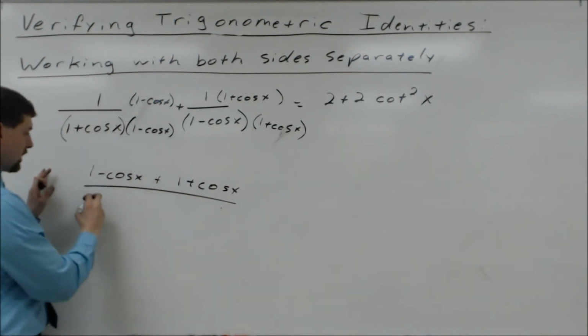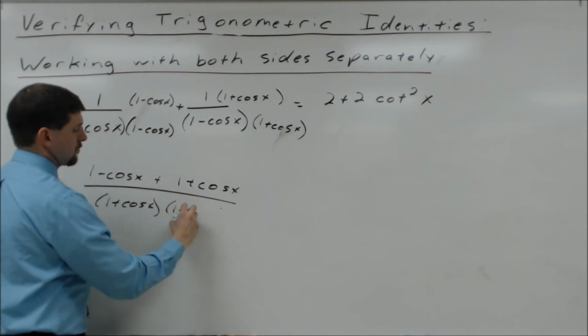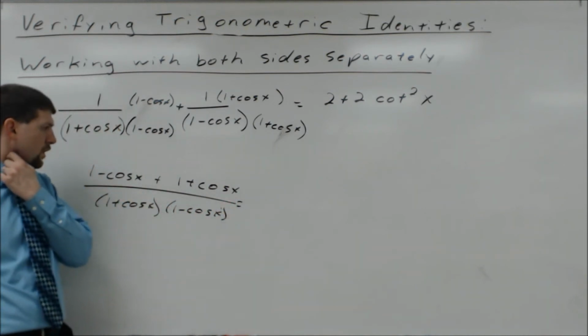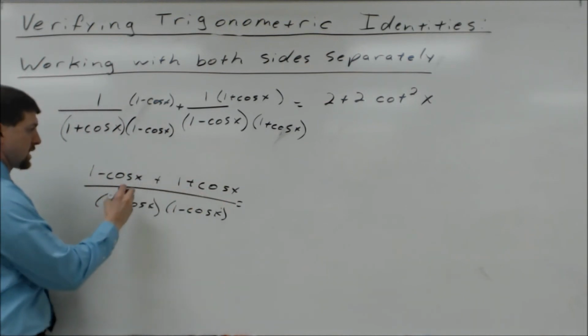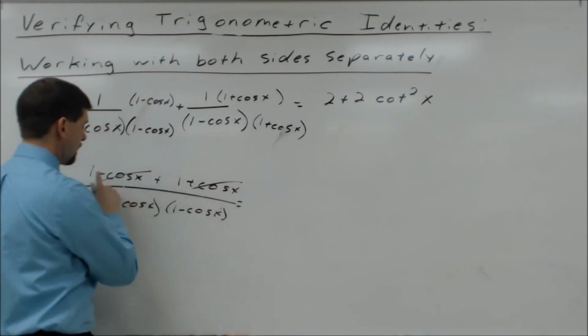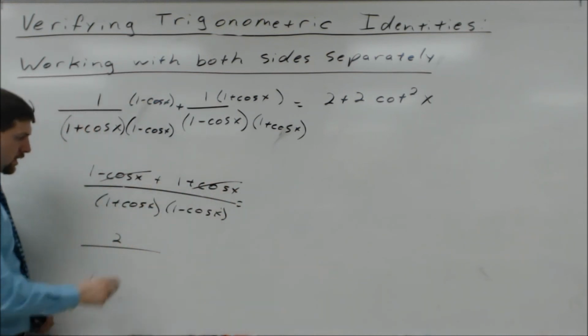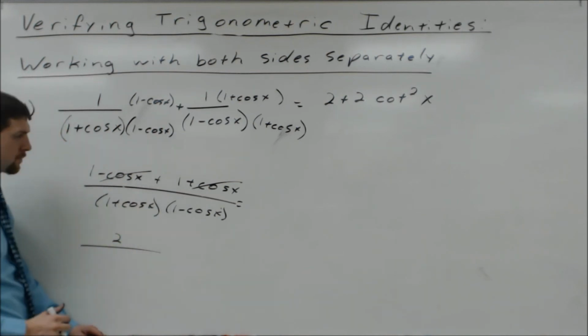What's my common denominator? Whatever 1 plus cosine of x times 1 minus cosine of x is equivalent to. Now, as I work through this, plus cosine and minus cosine actually cancel out, and I get 1 plus 1, which is 2. 2 over, now 1 plus cosine, 1 minus cosine doesn't really do anything for me, but